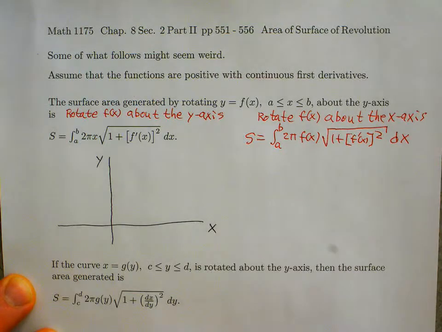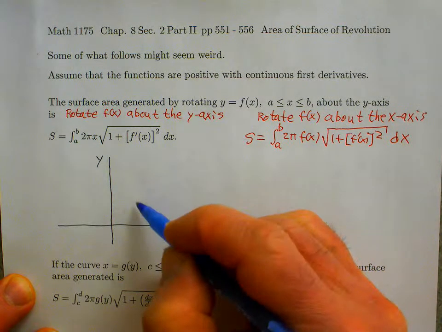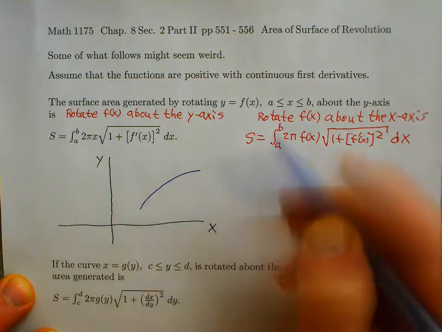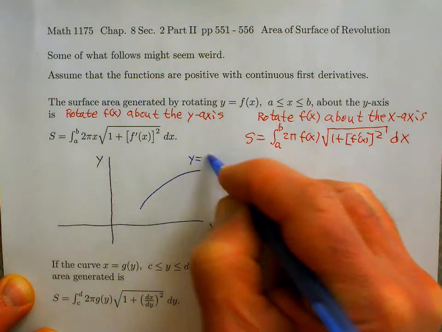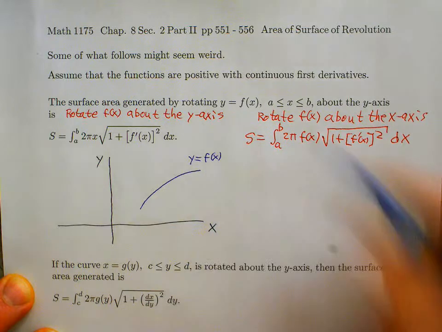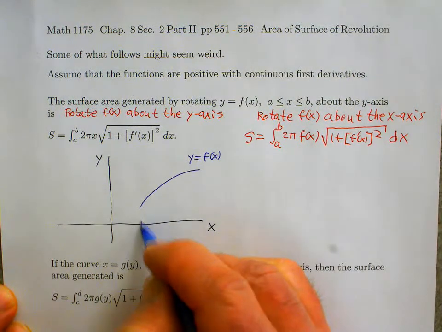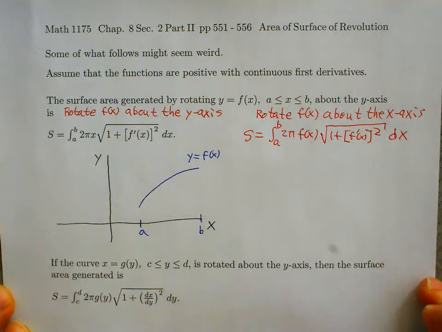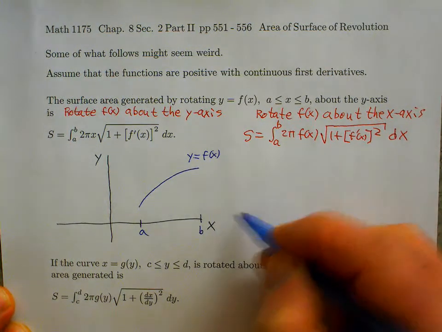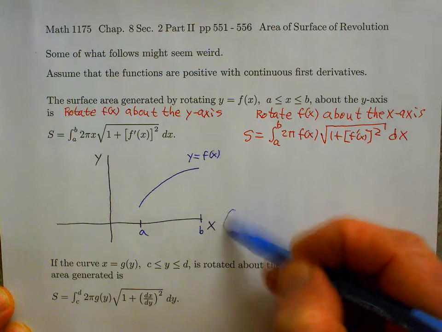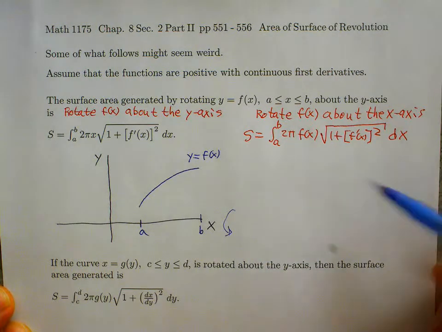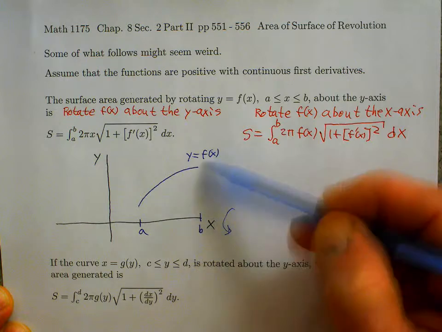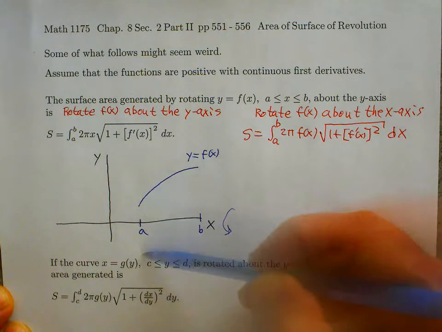So suppose we have some nice smooth function y equals f of x. And then on the interval from a to b, if I rotate about the x-axis, so we sort of talked about what that looks like yesterday, rotate that about the x-axis,